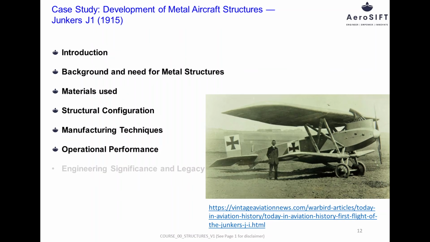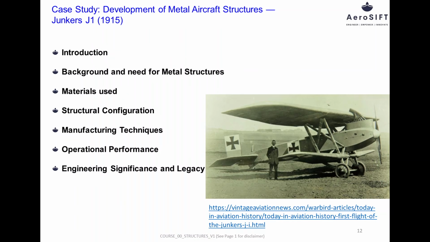The operational performance of the Junkers J-1 demonstrated the feasibility of all-metal aircraft construction. The aircraft made its first flight on December 12, 1915, and was configured as an all-metal monoplane with a single pilot crew. Although the Junkers J-1 did not enter mass production due to its relatively high structural weight, it flew successfully and conclusively proved that metal airframes could be structurally sound, durable, and capable of sustained flight, thereby validating the concept of all-metal aircraft structures and influencing future aircraft design.